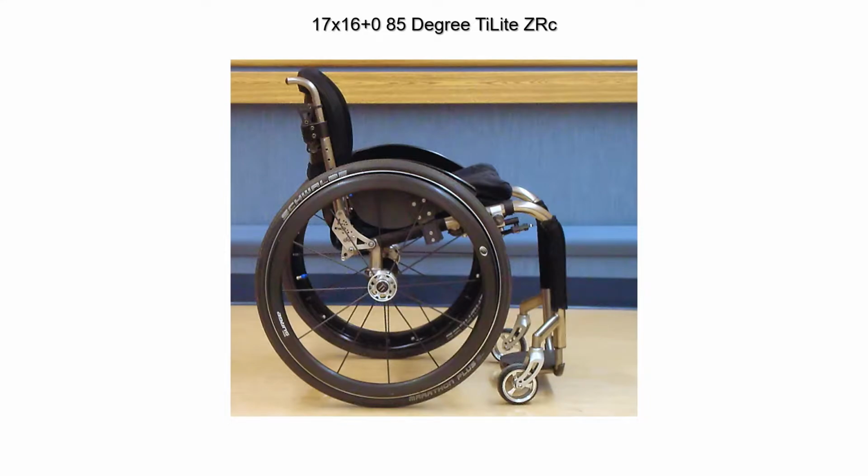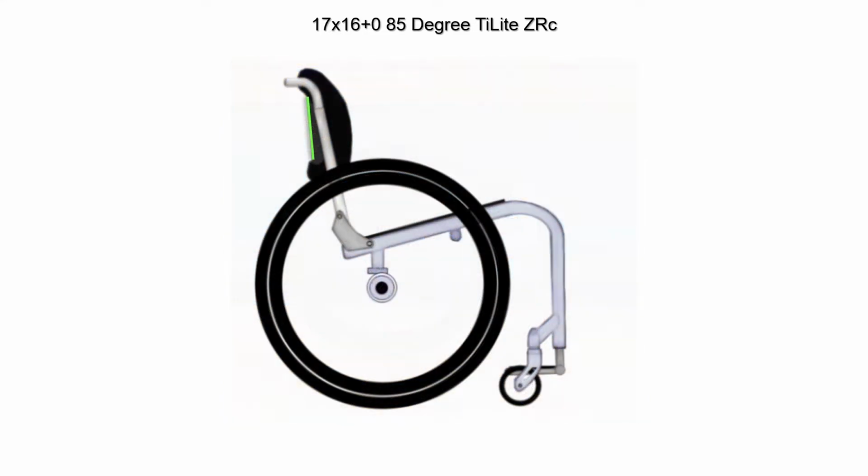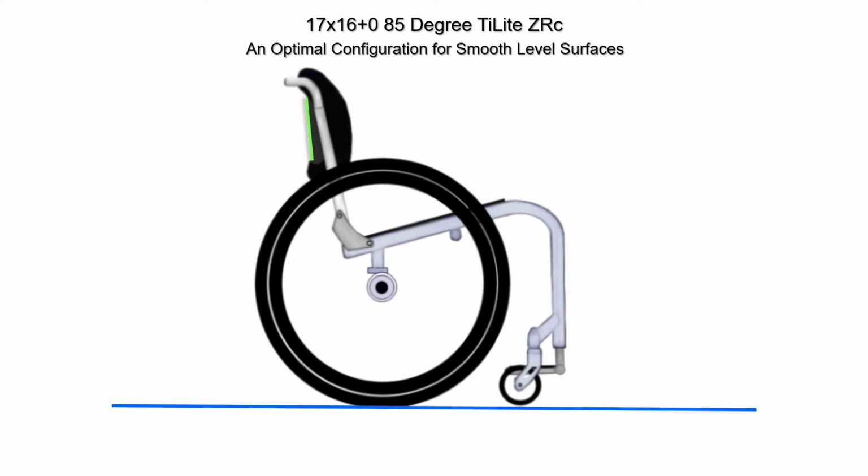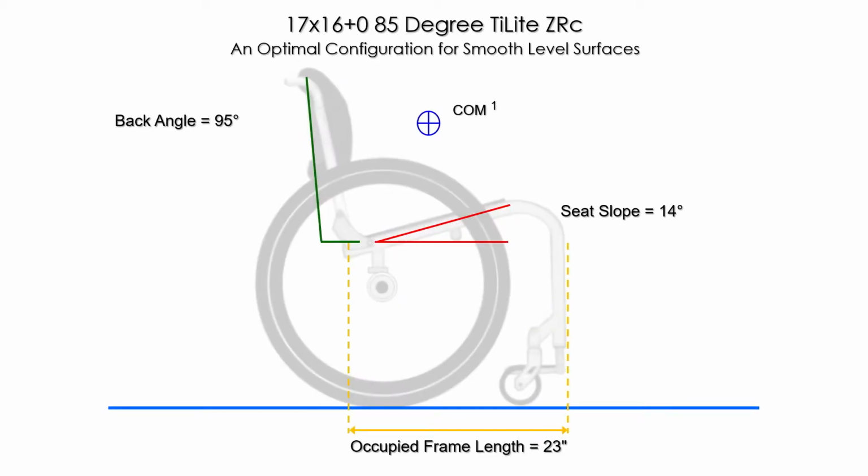This is my chair, and my chair does great. It's 12 years old. It's an optimal configuration for smooth, level surfaces, so I can zip along very easily in this chair. It's compact. My seat slope is about 14 degrees, back angle is about 95, rear axle position is about